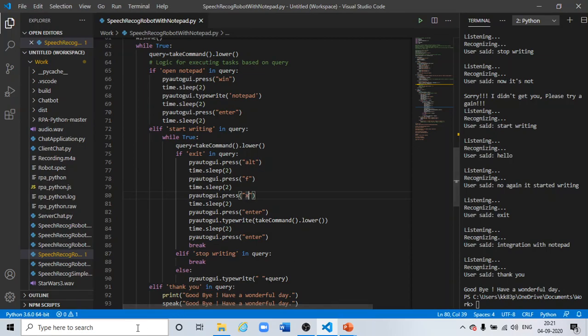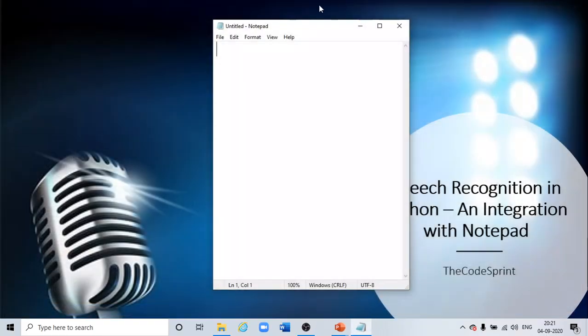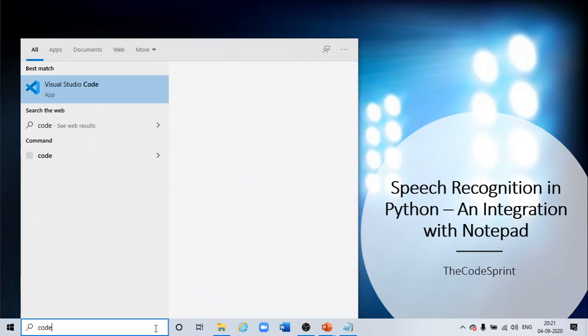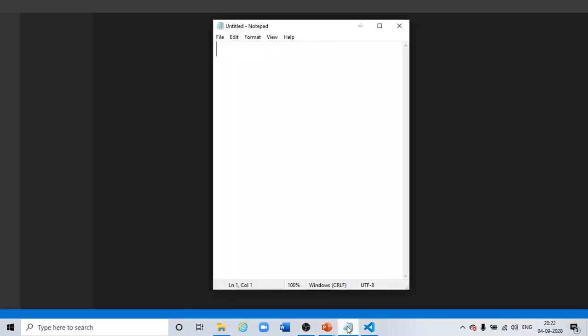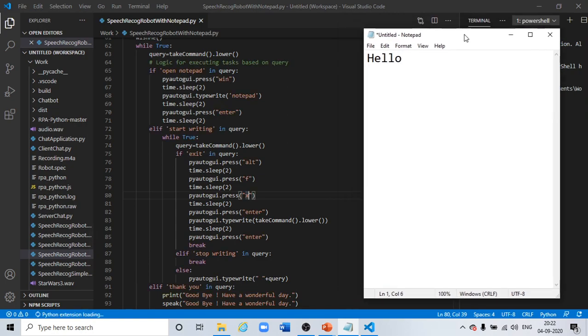Then after that, let's take one example here and see what exactly it is doing. Sorry, it got closed. So here, suppose I have written some text and I want to close it, exit it.